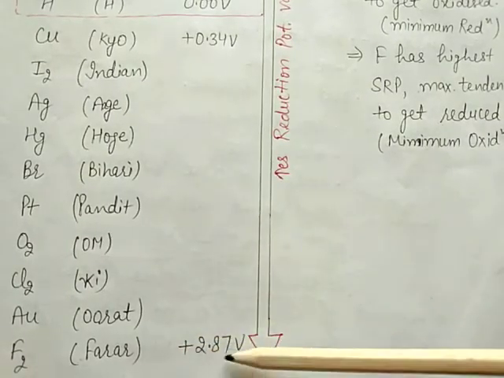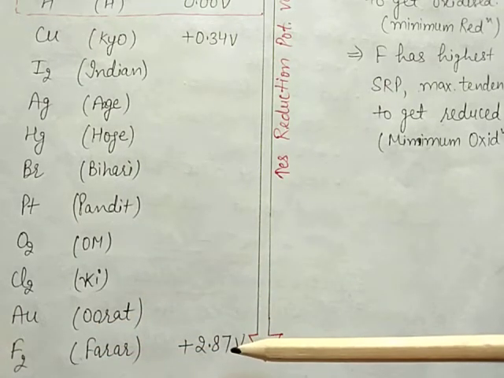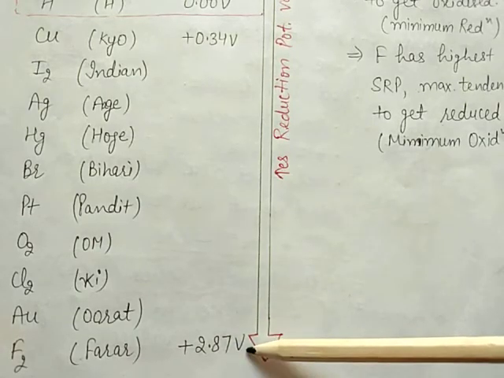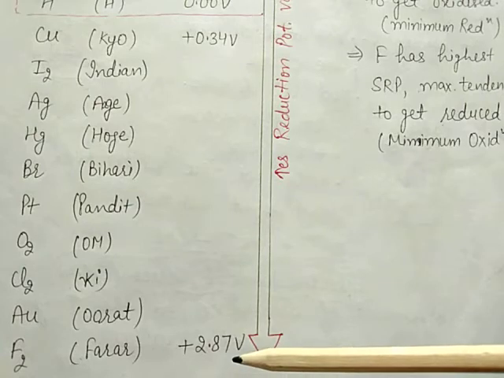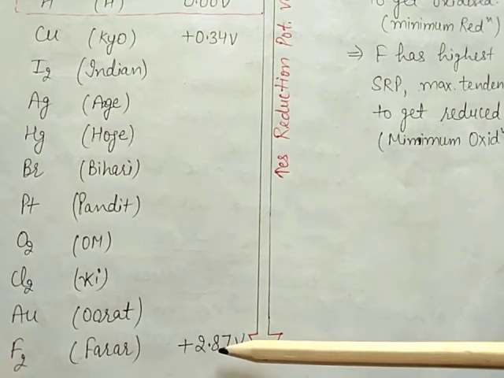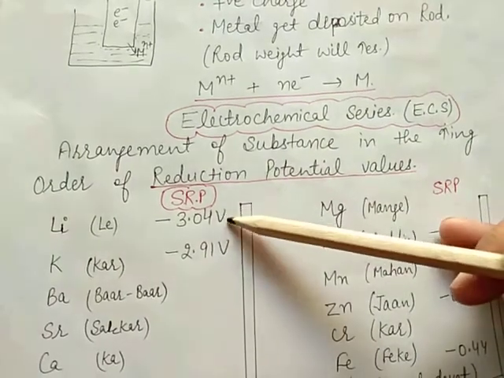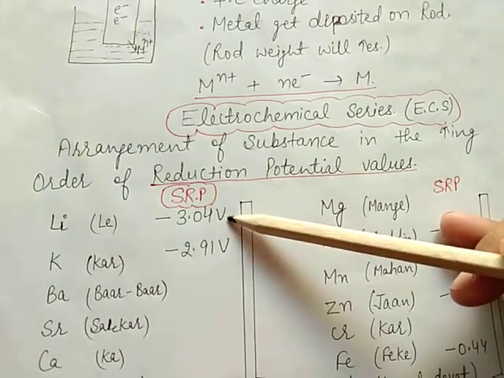It means fluorine has the highest standard reduction potential, so it has maximum tendency to get reduced. It means it shows minimum oxidation. And lithium has the lowest value of standard reduction potential,